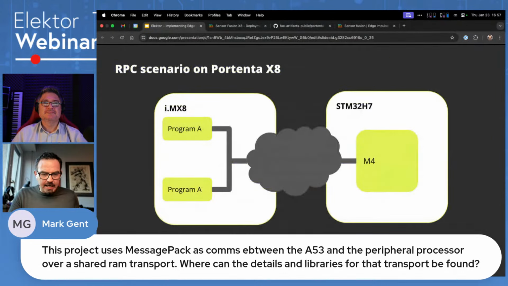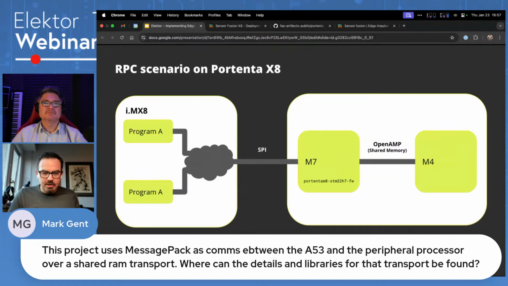So the actual architecture is that one. We have the IMX8, which is the Linux microprocessor running on the X8, and the STM32H7. There is something between them in order to make the RPC methods possible using a MessagePack RPC. And actually, there is an SPI bus which is connected between the IMX8 and the H7 itself. So it lands on the M7 core, which runs a specialized firmware